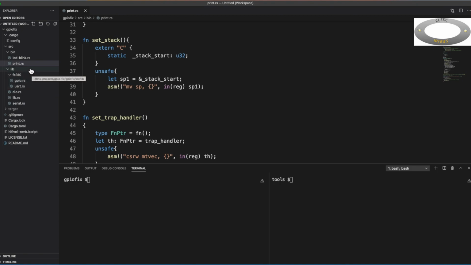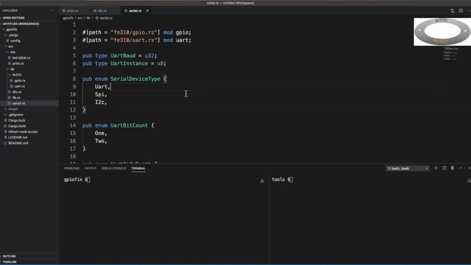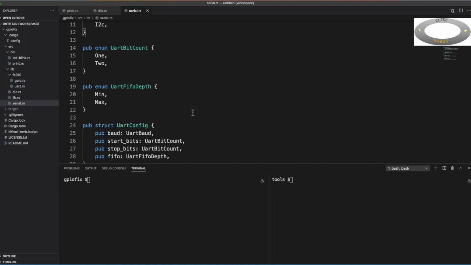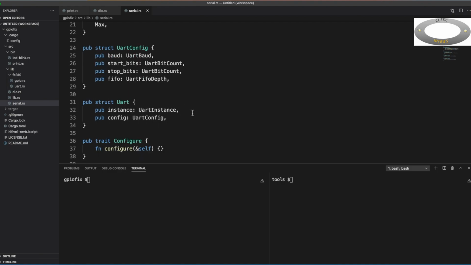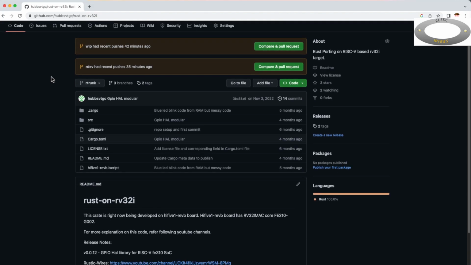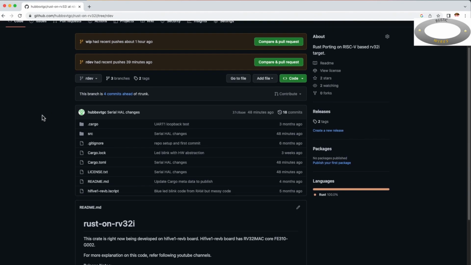As I said before, the main objective for the digital I/O and the serial.rs file is that any application binary or any application doesn't have to change the interface if there is a change in the hardware below. So if you go to the GitHub repository and go to the development branch, you can see